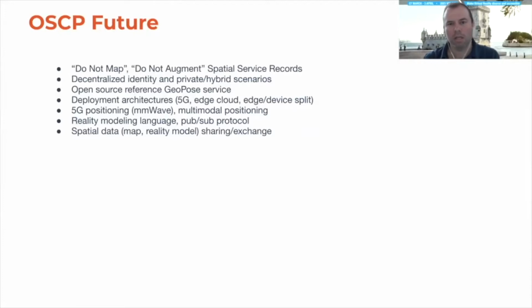So this first one is around an idea of having restrictions on spatial mapping and augmentation. So we think it's really important that we be able to control a particular setting, such as your home or your business, and that you have policies that dictate who's allowed to map in those areas, who's allowed to access maps, who's allowed to create augmented content, to view augmented content, right? And a lot of that can be at the highest level controlled through a special set of service records.